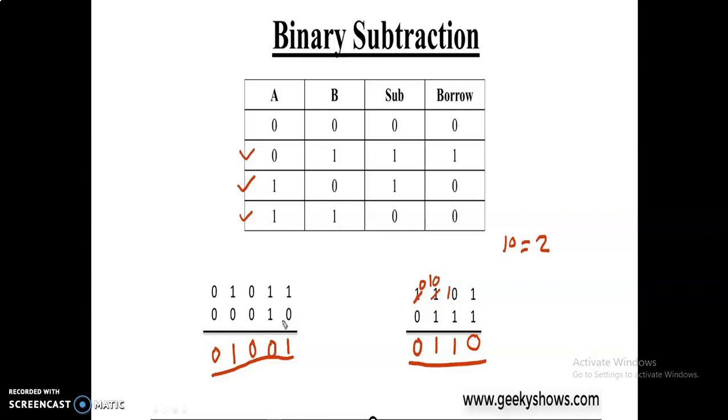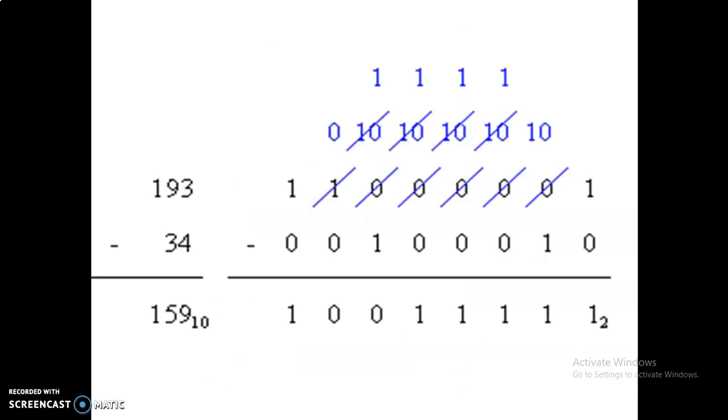According to this, the subtraction is performed in Intel 8085 instructions. This is also an example of subtraction. Here the number 193 is subtracted from 34. What will happen here? 1 minus 0 is 1, it's no problem. When 0 minus 1, you have to borrow 1 from the left bit. Okay. So this is the left bit. Here these are all 4 zeros and then this 1 bit is placed here. So you borrow this 1 to here and this 1 becomes 0 and this borrow 2.